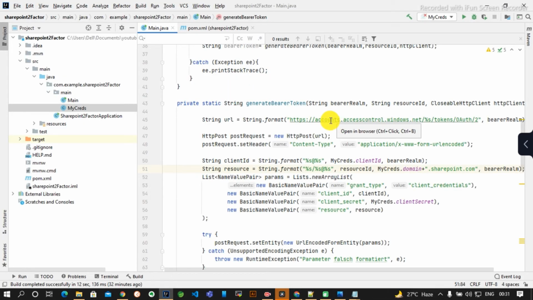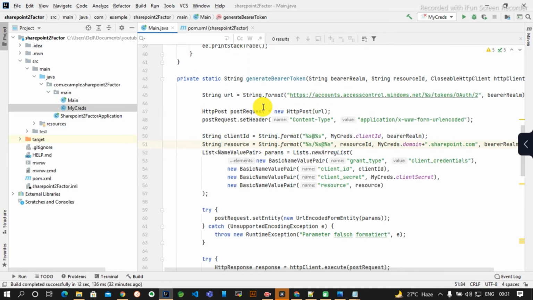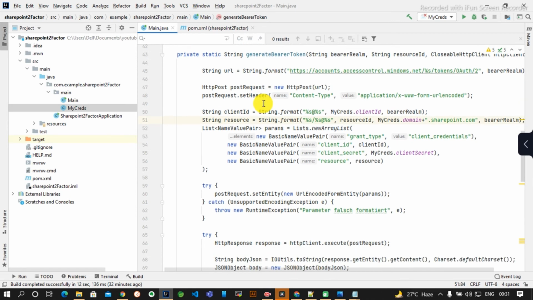so guys, you can see I have pasted the code to get the bearer token. Here I am using the same string format method to replace this percentage with the bearer realm. Then I am using a post request with this URL. And I am setting some content type like application XML, JSON, whatever you want, but I have set it with application X URL encoded.